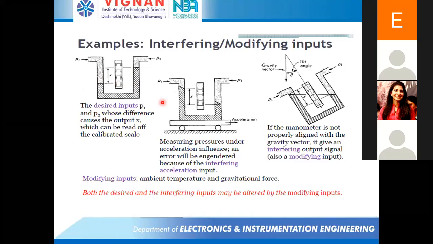A manometer is used to measure pressure. Use it to measure only pressure. Actually, as the pressure changes, the mercury level has to change. But because of the fluid which we are using, the mercury will also respond to temperature. Am I right or not?